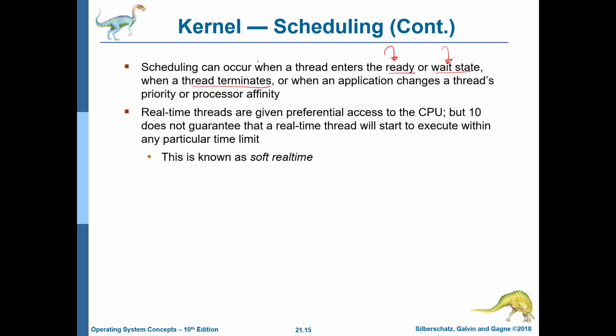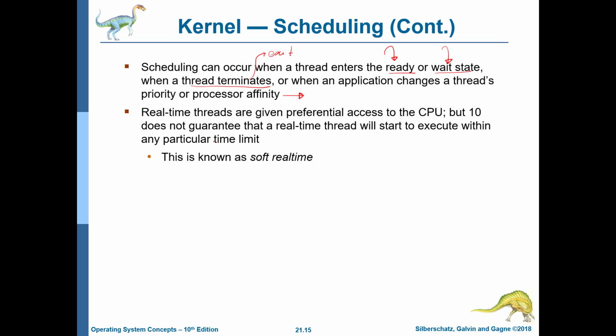Every thread would basically terminate by calling the exit system call, or something equivalent in Windows. That is when we will have to look at scheduling the next thread. Sometimes within an application, we can change a thread's priority or CPU affinity. In that case, again, it is possible to look at